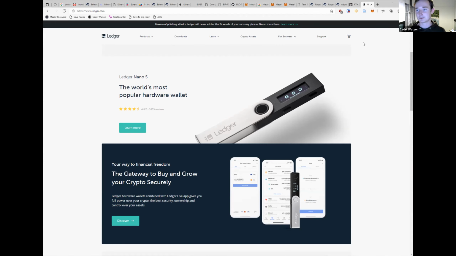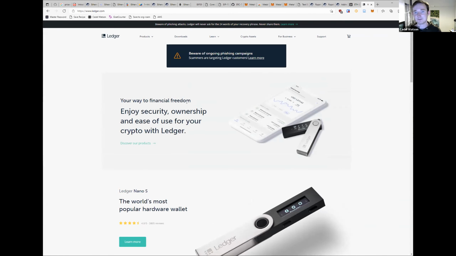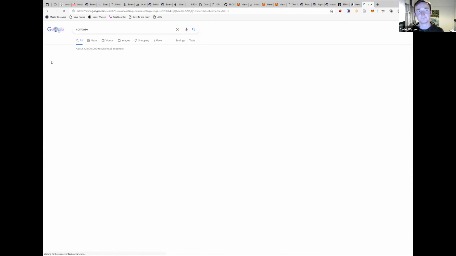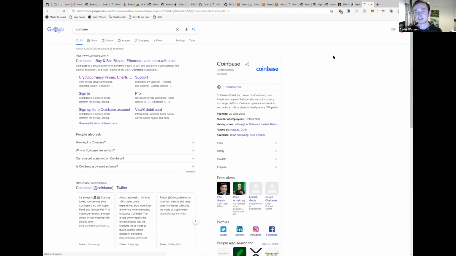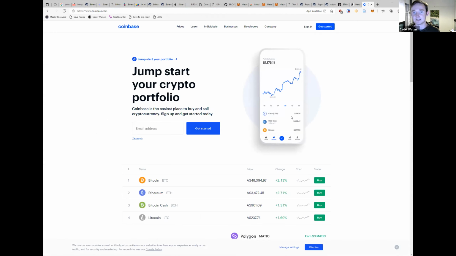To do that, you use what's called an exchange. So this is just like a foreign currency exchange where you're trading Australian dollars for US dollars. There are a bunch of exchanges out there. Some of them are kind of more legitimate than others. The largest exchange in the world is called Coinbase. You might have heard of them. They just did an initial public offering in the US this year on the stock market and made an insane